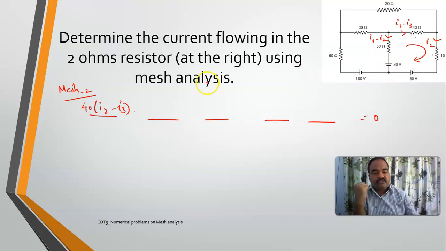Next, in the same direction, right? So it is plus 10 into I2. Again, here I am taking from minus to plus, right? So it is minus 50. Here it is again minus 20. Here it is in opposite direction, right? Because the loop is in this format, whereas the current is in this format. So I'll take minus 50 into I1 minus I2. So if I expand this one,